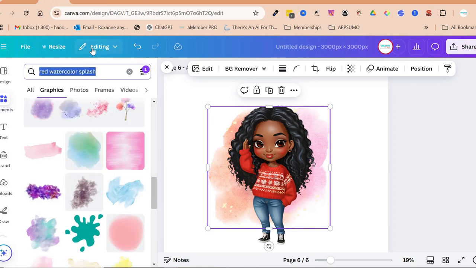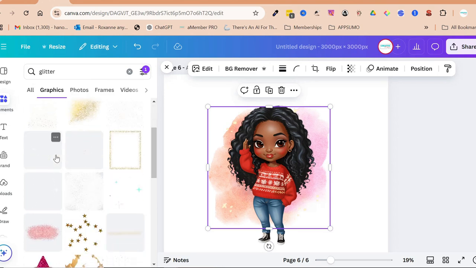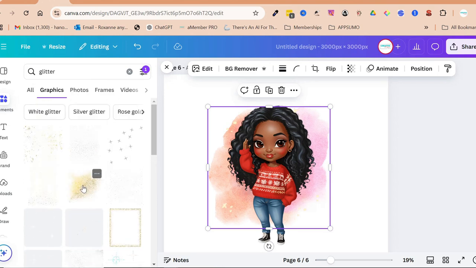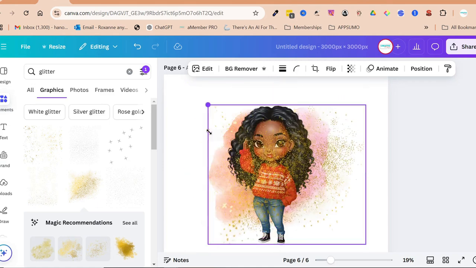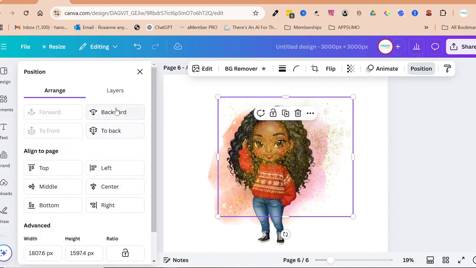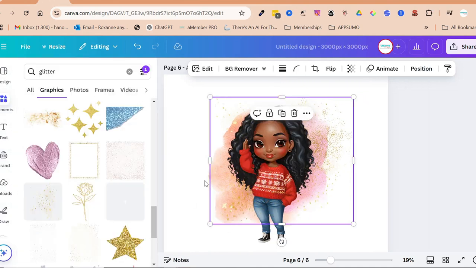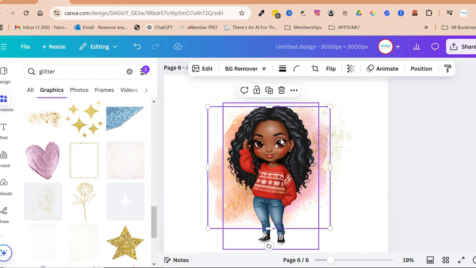And then maybe if we could get some glitter, that might be nice. So again, a bit of glitter. Let's make that a little bit smaller. Put it backwards. And then what we'd do is I'm choosing that watercolor bit at the back and